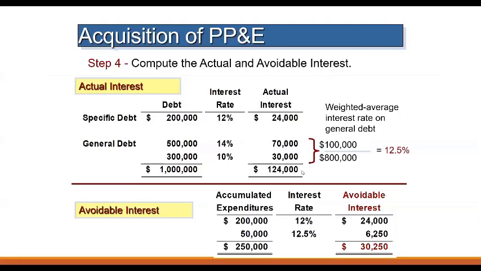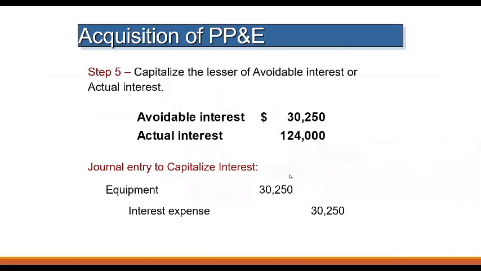So the amount that will be capitalized is the 30,250. Okay, we have to have an entry. We have to have an entry to record. We have the avoidable interest of 30,250 and the actual interest which is 124,000. We said capitalizing means we are going to add the amount of the interest into the equipment, into the